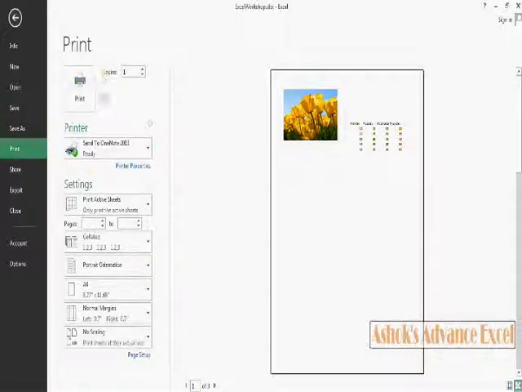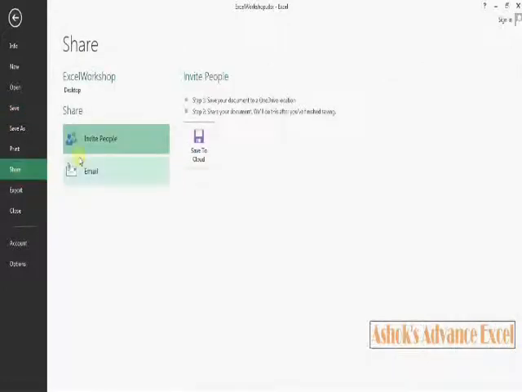The next tab is Share. Invite People. So we can attach some people through this tab.